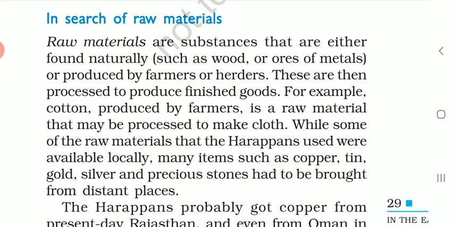We can take the example of cotton. Cotton is produced by the farmer, and what is it? It is a raw material to make cloth. While there are some materials which were used by the Harappans that were locally available, copper, tin, gold, silver, and precious stones had to be brought